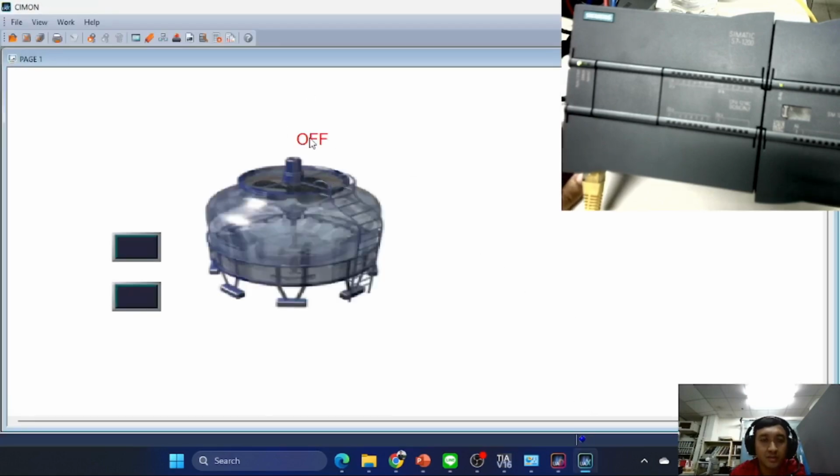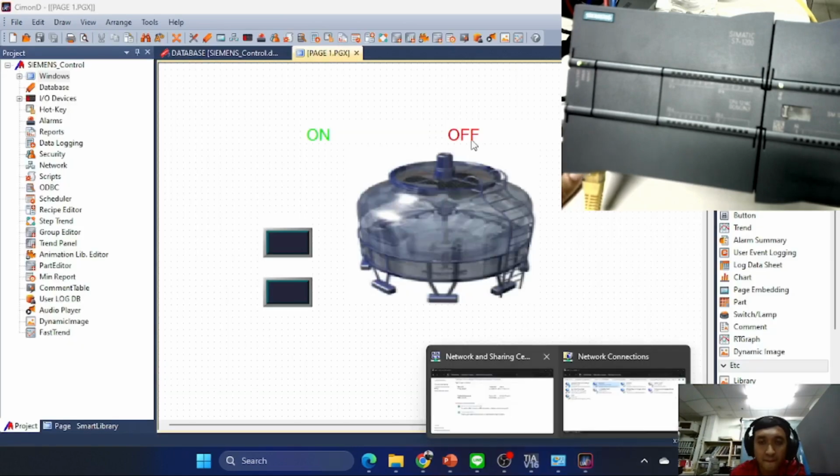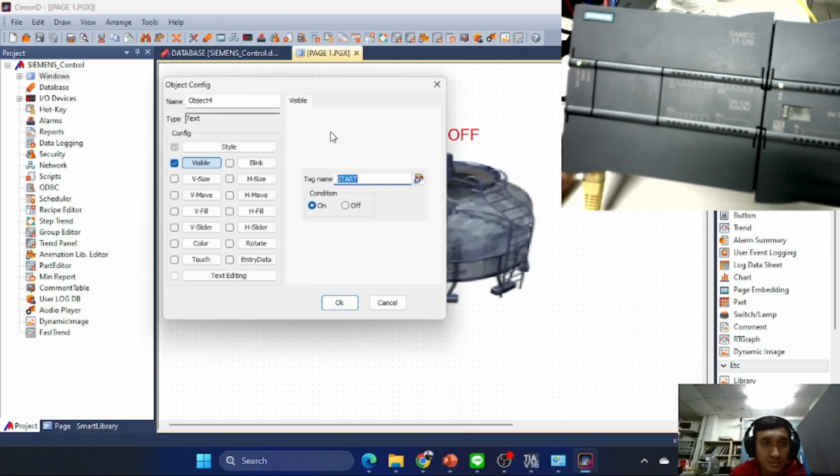Okay, now the machine is off and we can run by pressing the start button. And stop. Okay, still wrong. We need to correct this one.